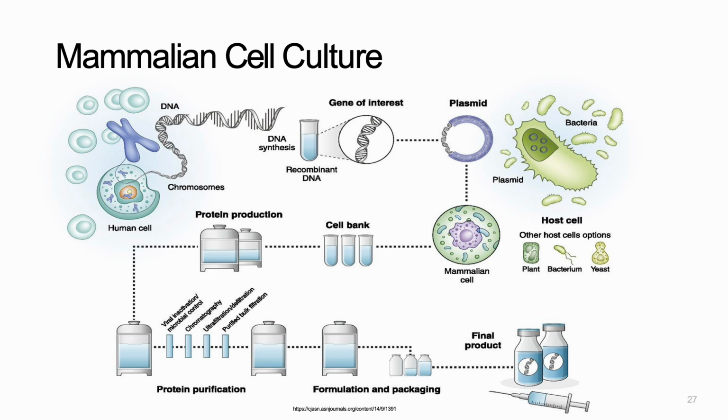Now what we do is that we are going to put those cells to work. How do we do that? We are going to use different cells from different cell banks. We know that each of those cells is producing a specific protein. We're going to choose only one type of cell that we would like to culture, so that those cells produce the product that we are going to use as a therapeutic product. We are going to put them in bioreactors.